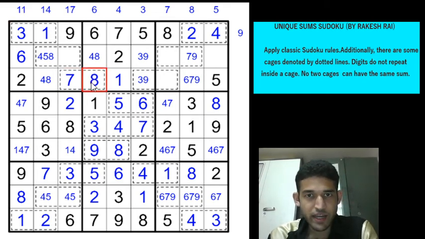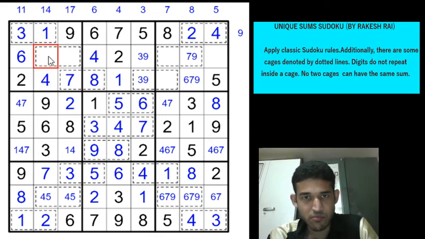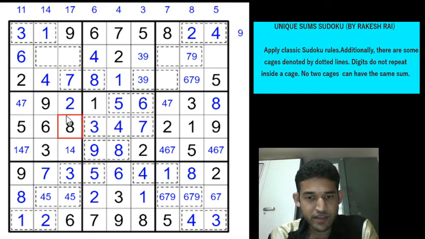So this will be an 8, this will be a 4, and this will be 5 and 8 in some order. But we have an 8 here, so this will be an 8, this will be a 5, this is a 4, this is a 1, this will be 4, 7. That completely finishes off columns 1 and 3. Now we have reached a 13 total and also a 15 total. We will mark them outside.